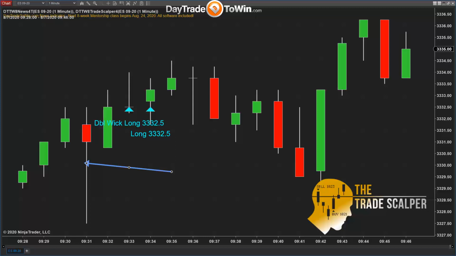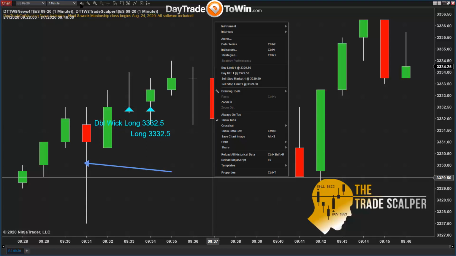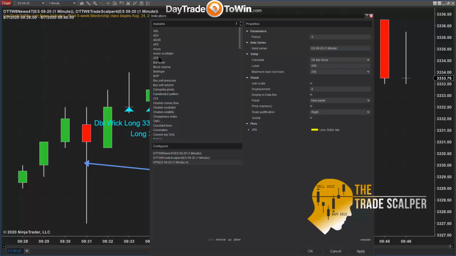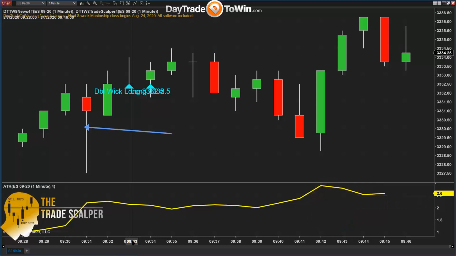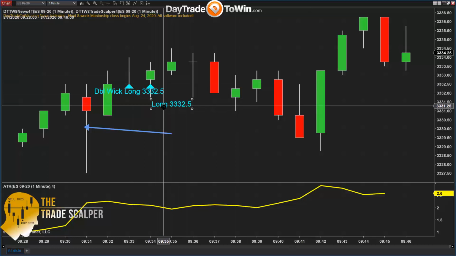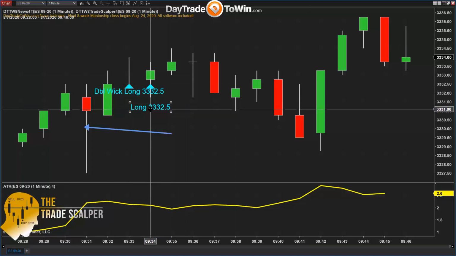So when you enter into a trade, at least understand the conditions that exist, okay? So the conditions that exist is, let me just add here something to the chart. I'm going to add a little indicator called the ATR, which is the average true range, and I like to use a setting of 4. And this helps me understand whether or not the target and the stop need to be adjusted, increased, if the market's too volatile, if the market's too slow as well, because we've seen a lot of activity, a lot of volatility recently,